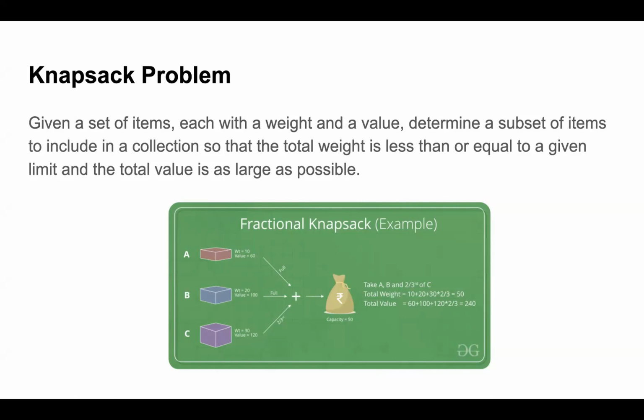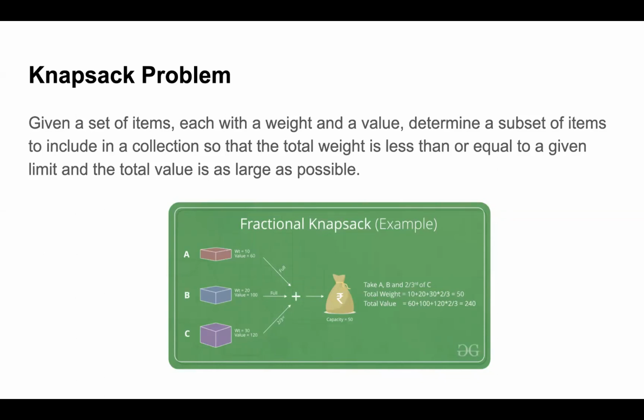Understood? We put A in the knapsack, the capacity reduced by 10, 40 remained. Now we put B in the knapsack, its weight is 20. 20 plus 10 is equal to 30. The remaining capacity of the knapsack is 30. So can C go completely into the knapsack? No, it won't go. So if we want to solve the simple knapsack problem, our problem will be stopped here. A and B are filled. Our problem will be stopped.